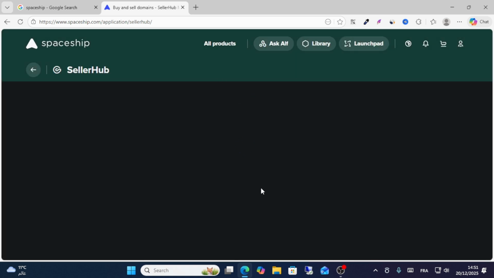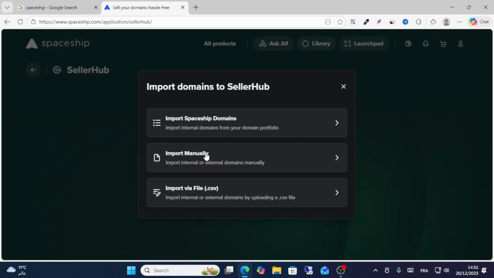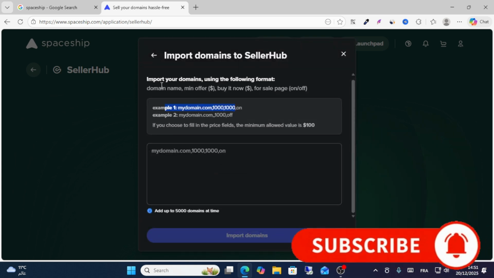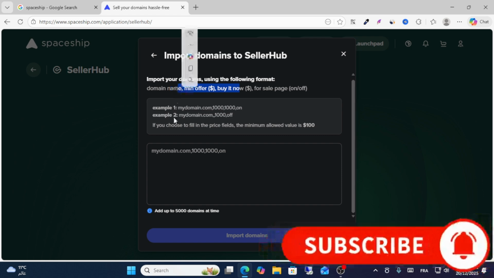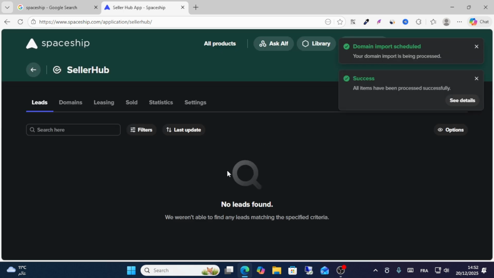After that, you will see this page. Friends, click import a domain. You should import your domain if you have a CSV file or something like this. And then write your email. If you want to sell any domain names, choose my domain, for example, this hub.io, for example, and then choose, for example, this here, and click import domain, and then the domain will